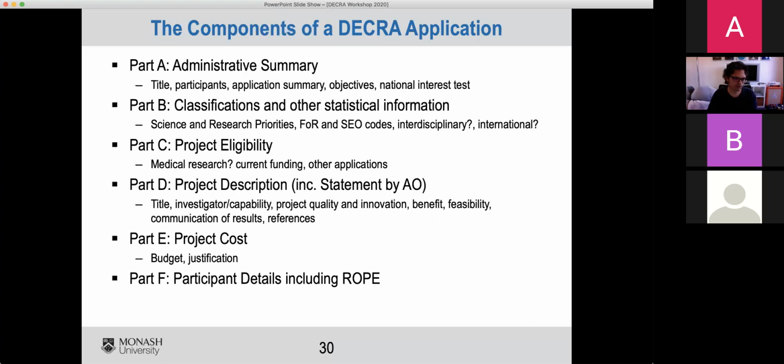As an example, I've done 2 linkage infrastructure equipment and facilities grants in the last couple of years. The first time we used a lot of preliminary data to show that we had capacity, and one of the assessors wondered why we even bothered submitting a grant, given that we've clearly already done everything we're seeking to do. That was not the case, but it just meant that I'd written it badly. I hadn't conveyed what we were planning to do beyond the preliminary data I'd put forward. So I fixed that this year.